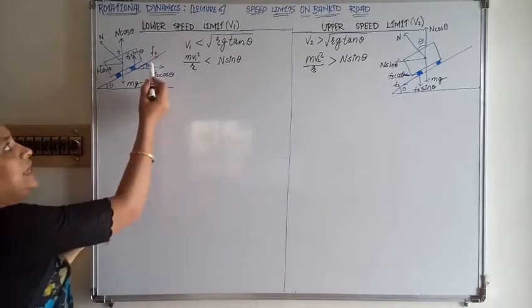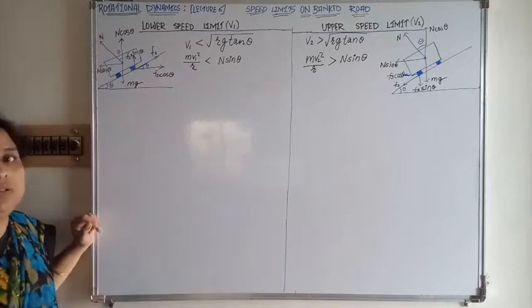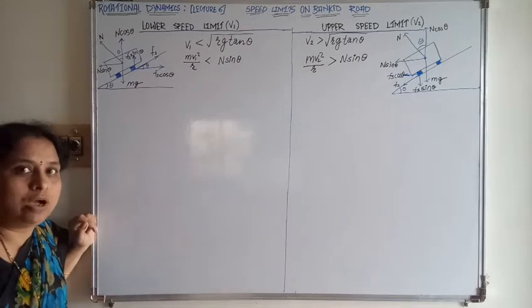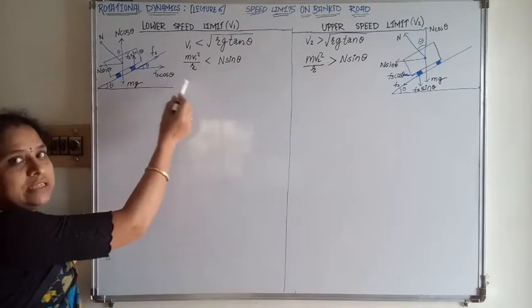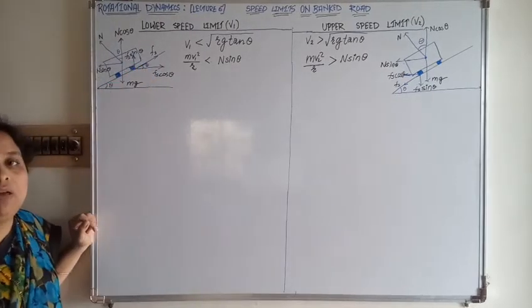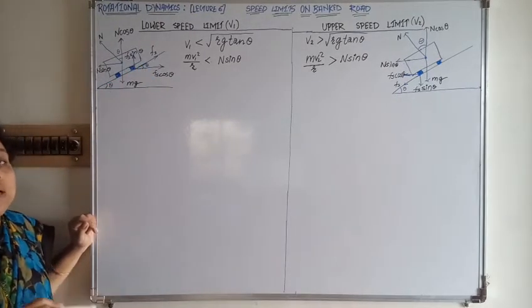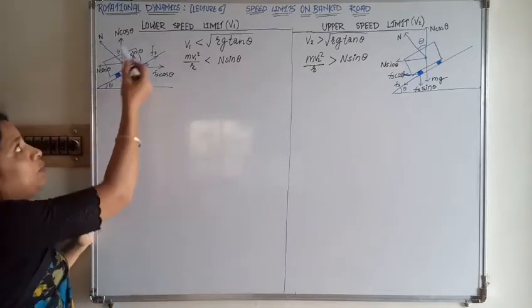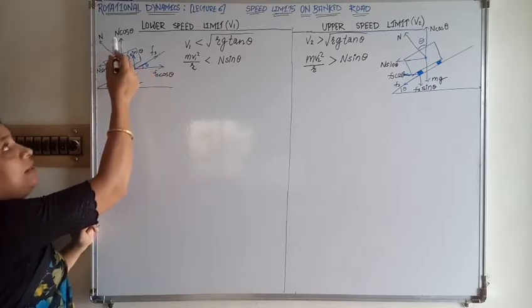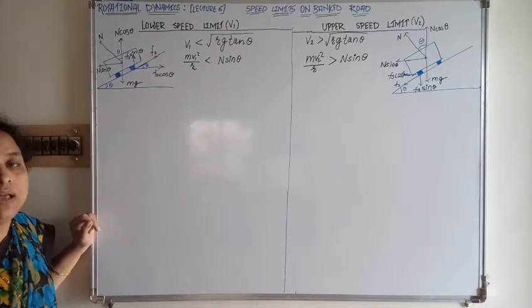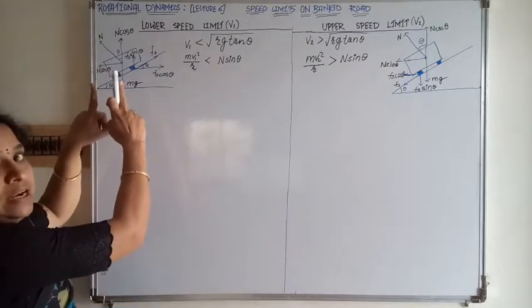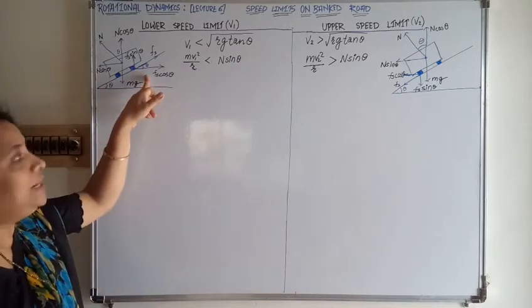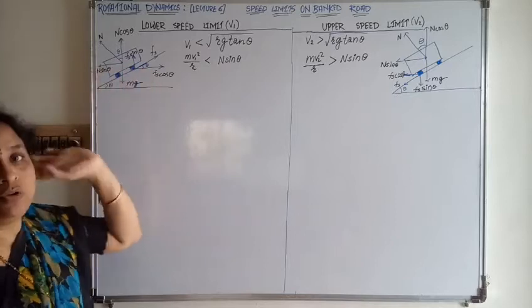And here again, according to geometry, this angle is also theta. Again we resolve the force of friction into two components, Fs cos theta, the horizontal component, and Fs sin theta, the vertical component. Now see here, what are the resultant forces acting on the vehicle? The weight mg acts vertically downward. Opposite to that, there are two forces, n cos theta and Fs sin theta. Both are parallel to each other and act in the same direction, opposite to mg. The Fs cos theta and n sin theta are exactly opposite to each other.